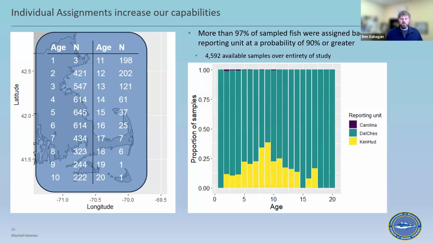So here are the reporting unit proportions by age. Interestingly, the Chesapeake has some of the highest levels of contribution at the youngest ages. And the older ages make sense, as the numeric dominance of the Chesapeake population would win out over 2 decades of mortality. But given the much greater migration distance, a greater proportion of Hudson fish at the youngest ages is more of what I was expecting. So this brings up some great potential ontogenetic questions, but of course this plot is influenced by our sampling representing a 5-year period in time from 2015 through 2019.